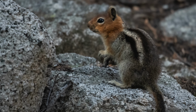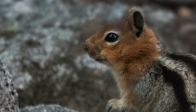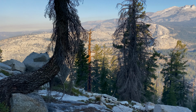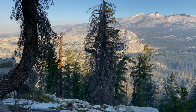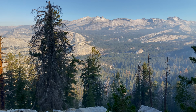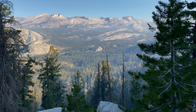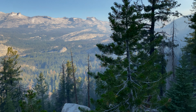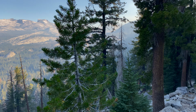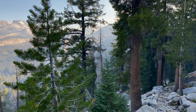Here's a photo of a golden-mantled ground squirrel, captured just as it was watching the sun break the ridgeline. Just ran into a person on the trail. This is their fourth day. They said the skies have been clear all the way up through yesterday afternoon. And this is a new fire. I've been checking the webcam all week through yesterday afternoon, and it's been crystal clear. So I was excited, but man, that smoke is just building, and that's the direction the wind just picked up from. So